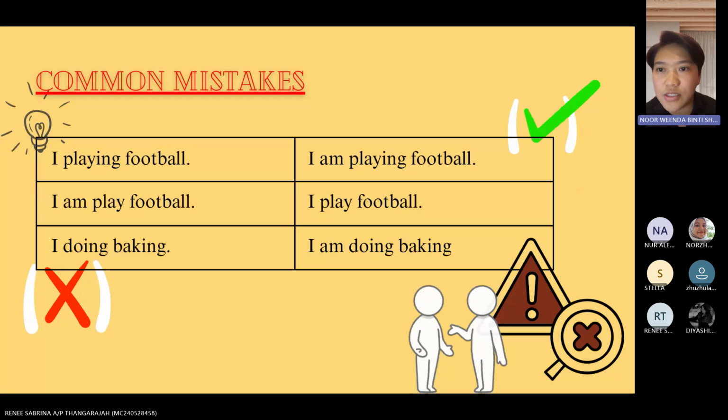Okay, and the last one, on the cross mark, it says I doing baking. That is also incorrect. This should be I am doing baking. Make sure you always use am with the present continuous.